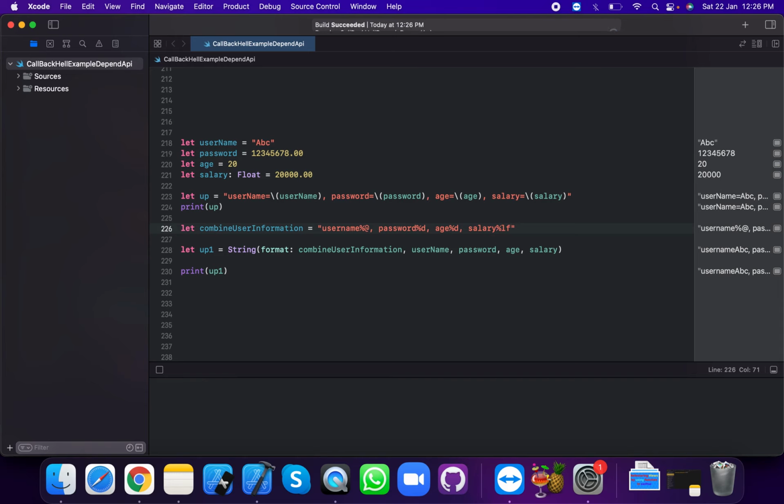Okay, now I do the same result for the salary requirement, and this double password, which is lf. We're going to use the same access for this password, age and salary, by using string interpolation and by using the string format initializer.